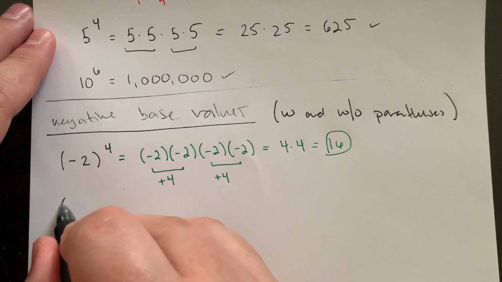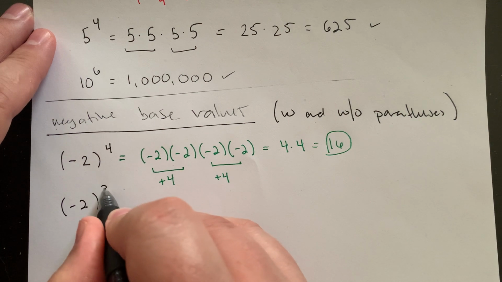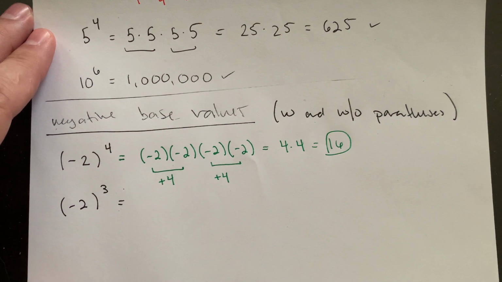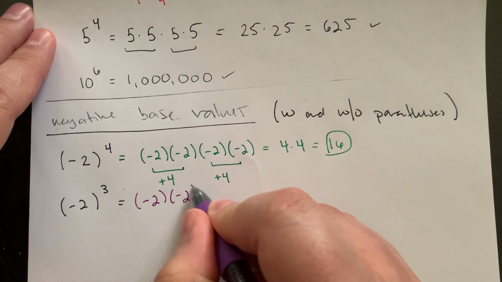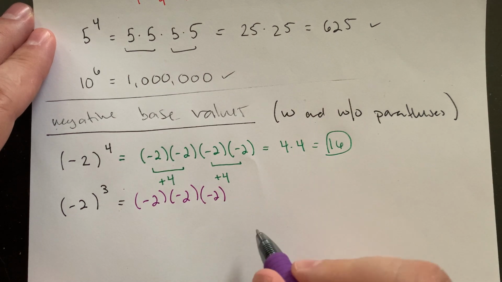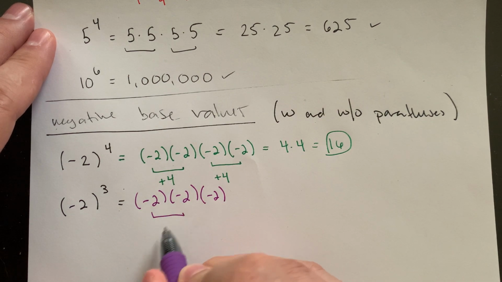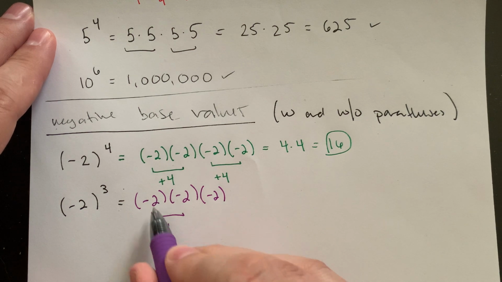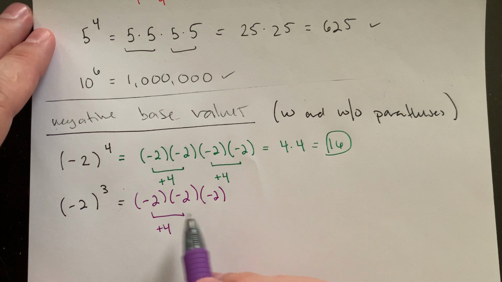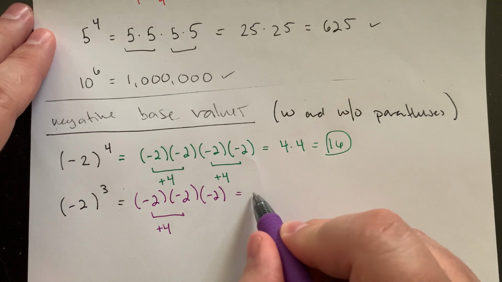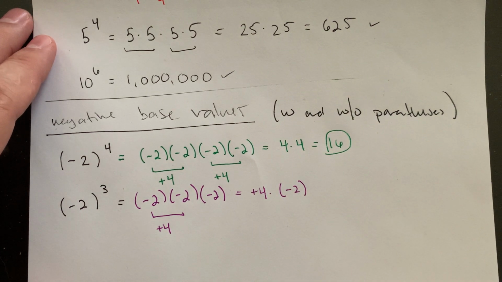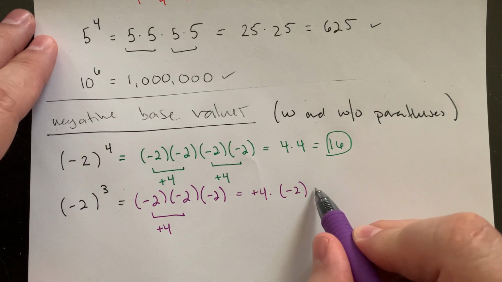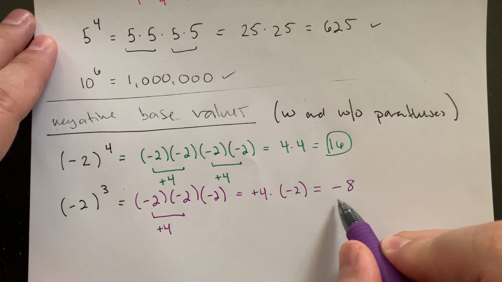If I compare that to -2 and I cube it, what's different here is I still have -2 times -2 times -2, right? But what's changed is I've got 3 negatives. So the first 2 would multiply to +4, but that third one doesn't have anything to pair with. So I get a +4 times a -2, and so what happens here is I get 8, but now the